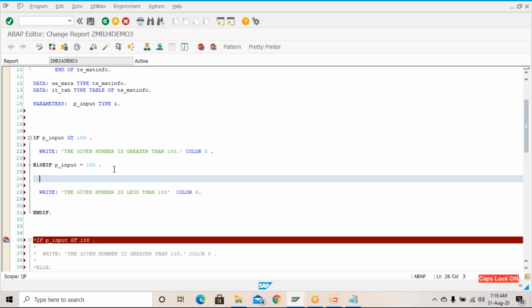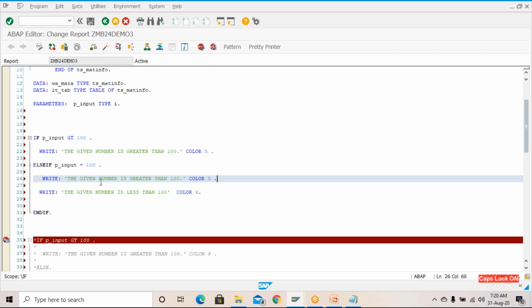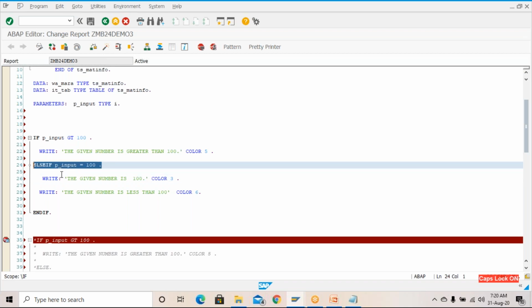print it over here. Just copy this, paste it. The given number is 100. Give some different color, maybe 3, and copy this one once again,